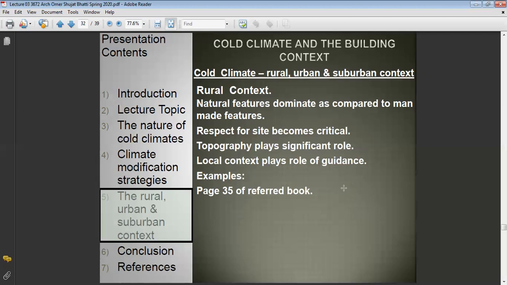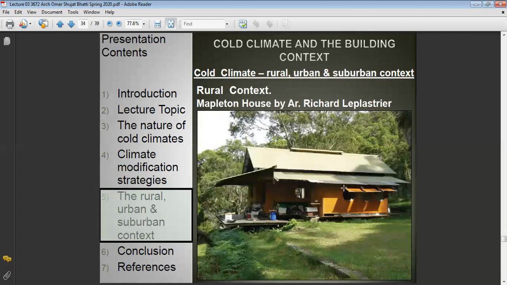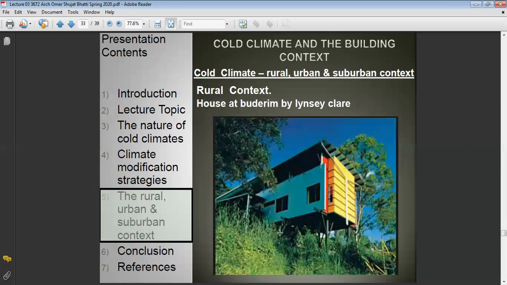vernacular architecture. An example of this from your book, Climate Responsive Design by Richard Hyde, is referred to on page number 35, which is the rural context. The examples we have are the house at Written by Lindsay Clare, and another one is the Mapleton House by architect Richard Leicester. So these two are examples in which they have tried to utilize, yes, you can see